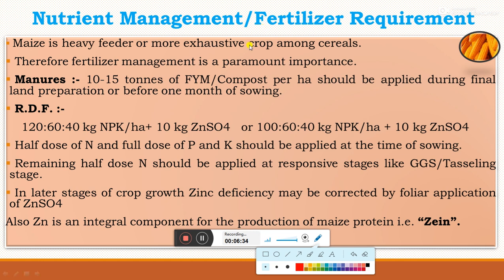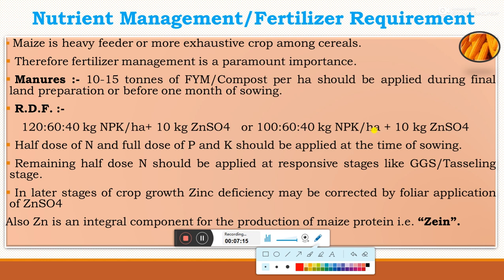Next one, the nutrient management or fertilizer requirement. Maize is a heavy feeder or the more exhaustive crop among the cereals. Therefore, the fertilizer management is of paramount importance. There is a major application of manures or organic inputs which will be required as 10 to 15 tons of FYM or compost per hectare should be applied at the time of final land preparation or before 1 month of sowing. The recommended dose of fertilizer required for maize, that is 120:60:40 kg NPK per hectare with 10 kg zinc sulfate, or 100:60:40 kg NPK per hectare with 10 kg zinc sulfate,